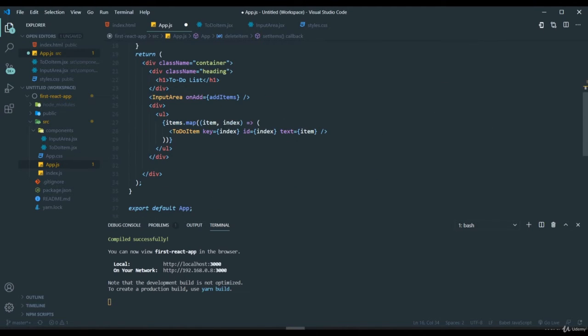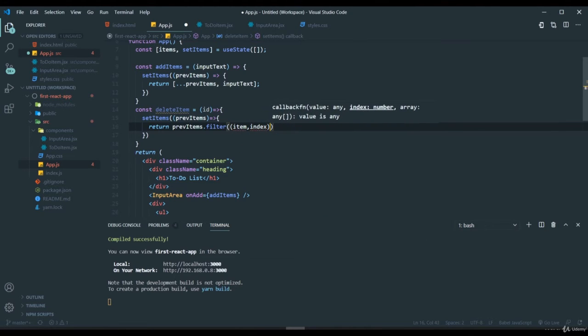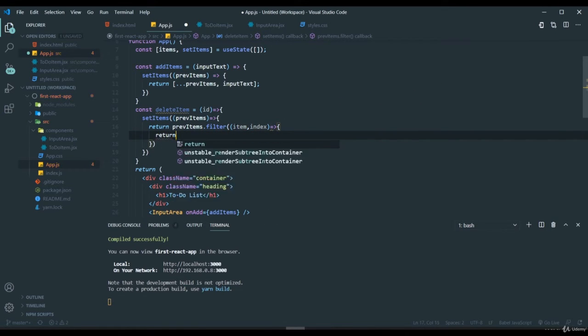So here you can see in the map, we got two things inside the map function, that is the item and index. Like the same in the filter also, we can get the particular item and the item's index value. So that is the array items index value. And here I will return index not equal to ID. So all the items whose ID is not equal to this one will get returned, other than the item which gets matched with the same ID. So here we can provide double equal. So now it's almost fine.